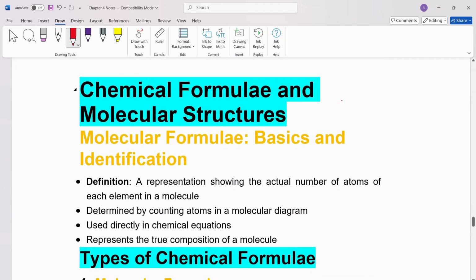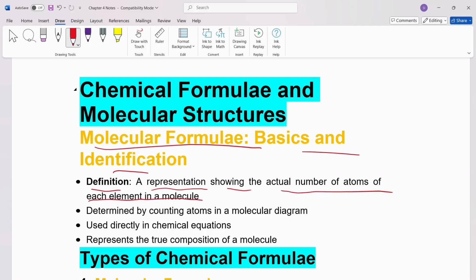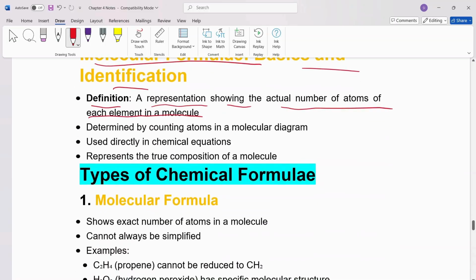Now let's talk about chemical formula and molecular structures. So molecular formula, basics and identification. Definition is a representation showing the actual number of atoms of each element in a molecule, determined by counting atoms in a molecular diagram. Used directly